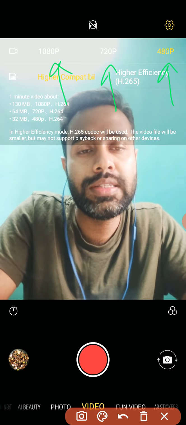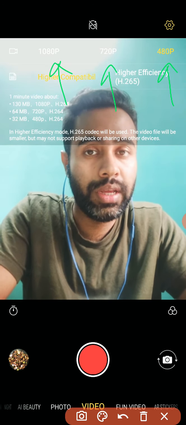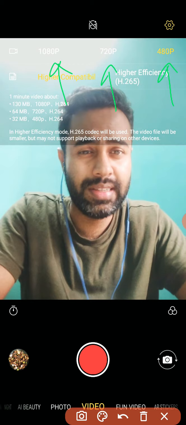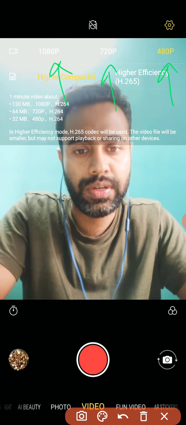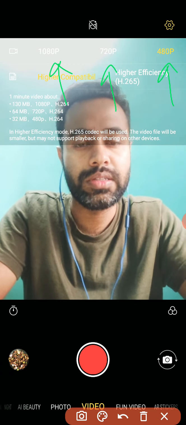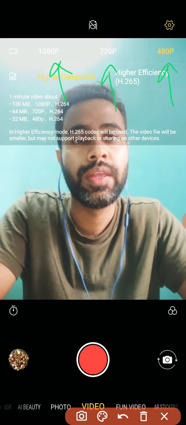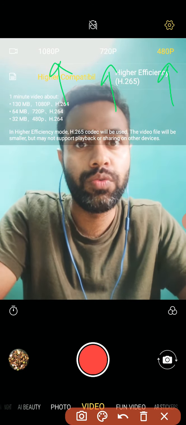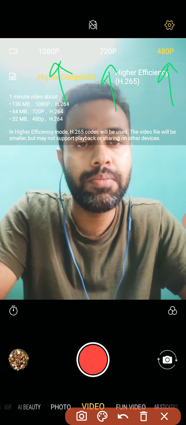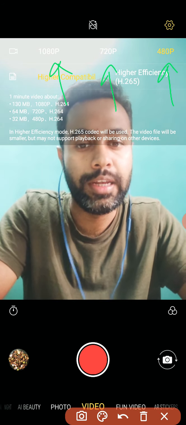megapixel. So for example, if I'm shooting with my front camera, it makes things easier because I can see myself on the screen. If you shoot with your back camera, it is quite difficult because you do not know your positions and angles and how you look and all those things. So I shot my video with the front camera, and I have set my front camera resolution to 480p.